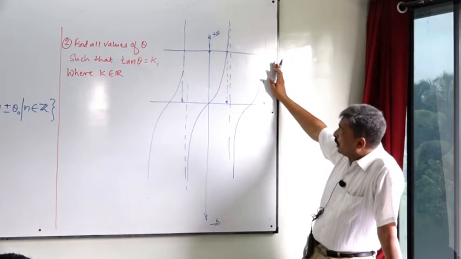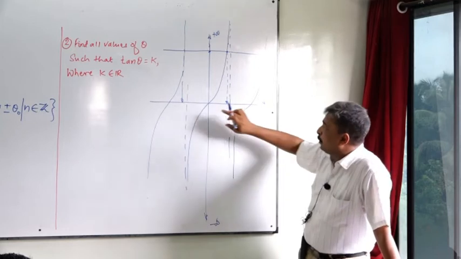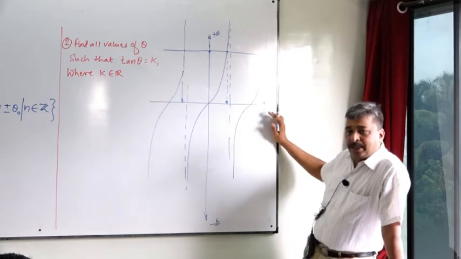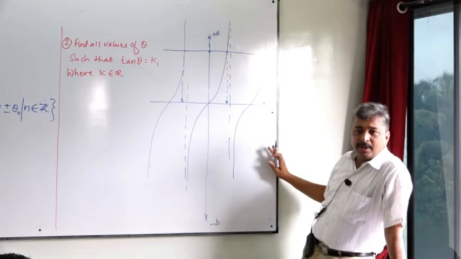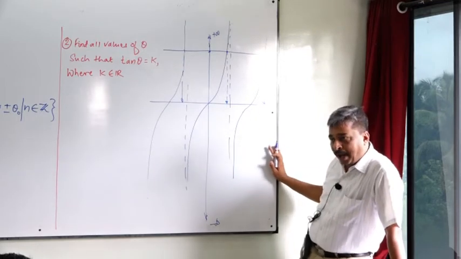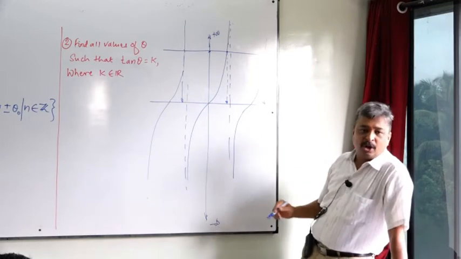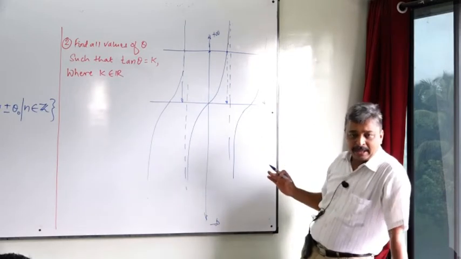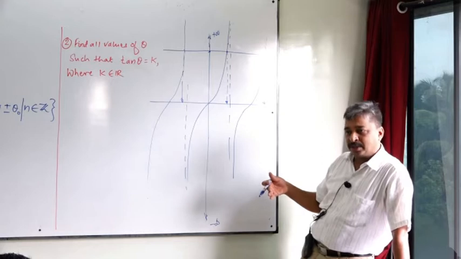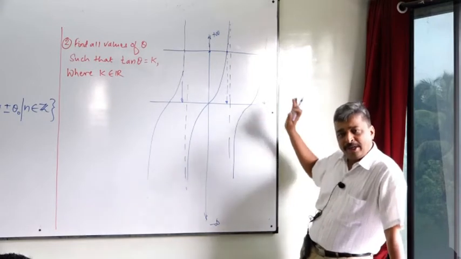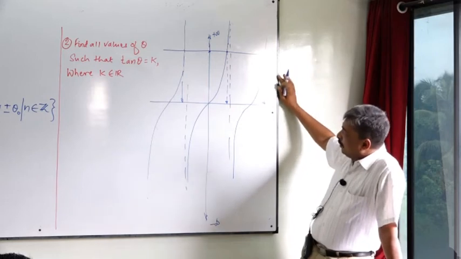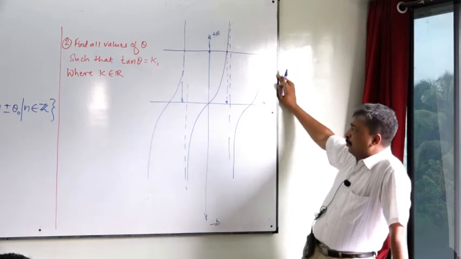So if we are working between minus pi by 2 to plus pi by 2, then we can find the principal value of that theta. If the angle is between 0 to 2 pi, that is the first rotation, it is called the principal value of that angle, because that is what is important to us. And then after rotation, again those values are other values of theta. So we will be interested in finding the principal value.